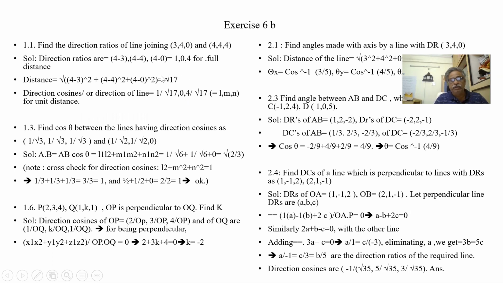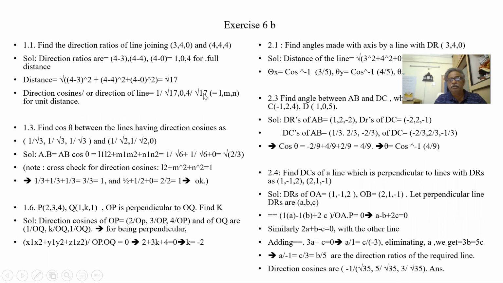Root 17 is more than 1. These are direction. This is the distance. 104, they are more than 1. If it is 1, if this is 0, then I can say it can be a direction cosine, because it is cos square alpha plus cos square beta plus cos square gamma. So the direction ratios give you the exact distances. Direction cosines will give you 1.